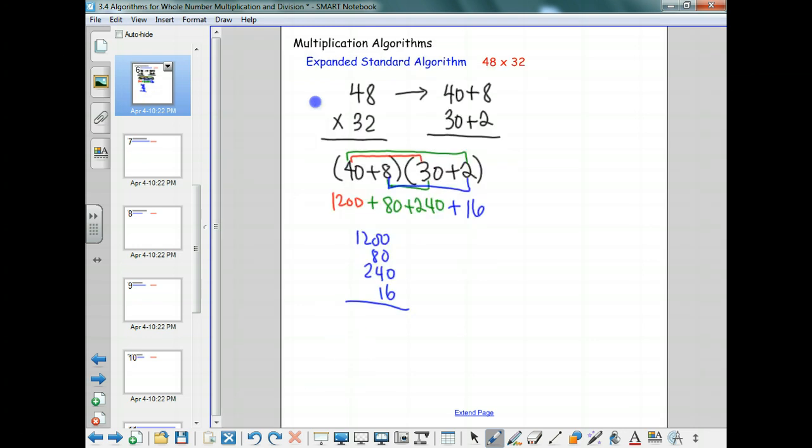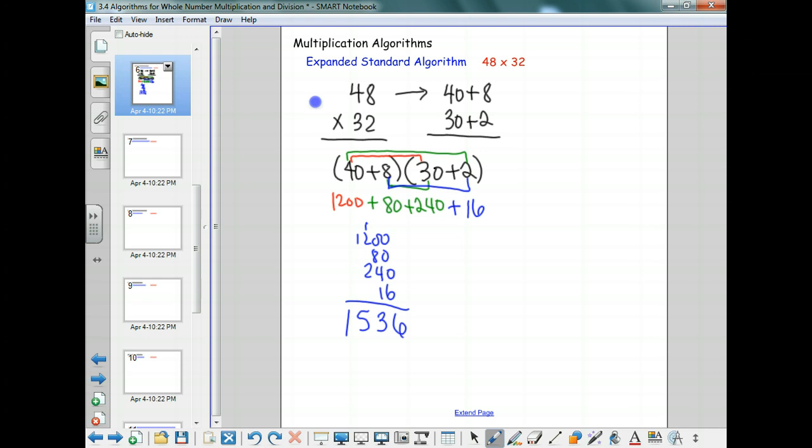You've learned all sorts of ways to add these up. If you want to go back to what you feel most comfortable with, you probably add the 6 first. You'd have 8, 4, and 1, which gives you, what is it? 13. So I'll write my 3 down and carry my 1. Sorry, I carried it to the wrong spot. Do that again, carry my 1. Then I have 1, 2, and 2, which gives me 5, and then I'll carry my 1 down, so I've got 1,536. All right,